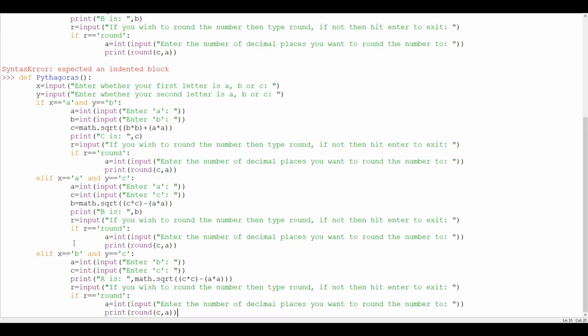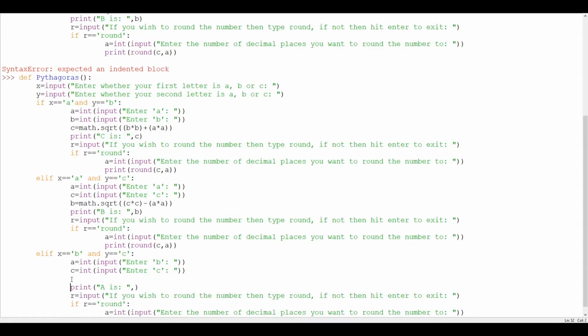So what happens if I enter that? Well, it's the same thing as up here, except this time I need to subtract C squared, and B squared needs to be subtracted from that so that I can get A. And again, what I'm going to do is remove this here so that it can be the same format as above. And in this case, we're going to write A is equal to, we're going to give it a capital A,